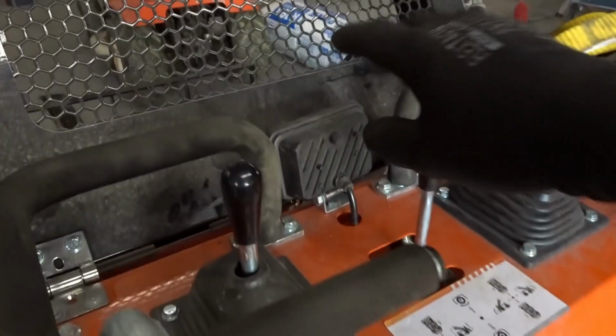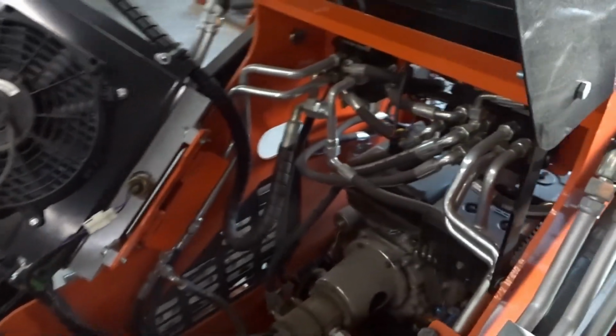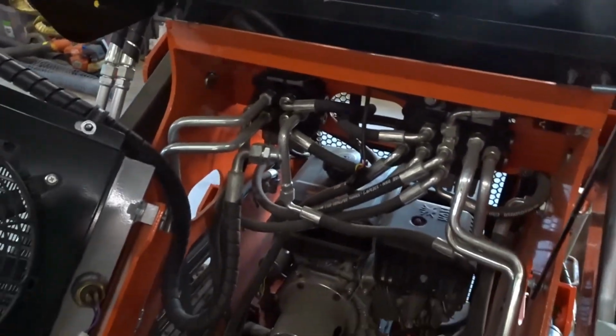Adding these, this was the factory one. The way I'm doing this is just teeing into it. So this is my, can't see it, this is my power from my light switch. You know, these cheap weather pack looking plugs. So LEDs, they don't draw a lot of amperage, so I'm just going to tee into it. So now over here,